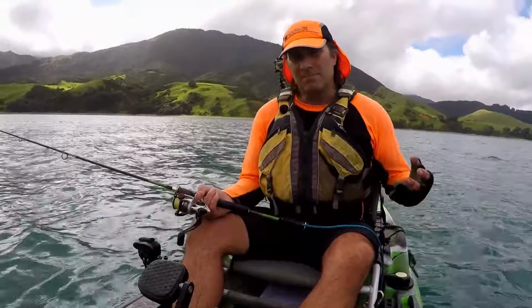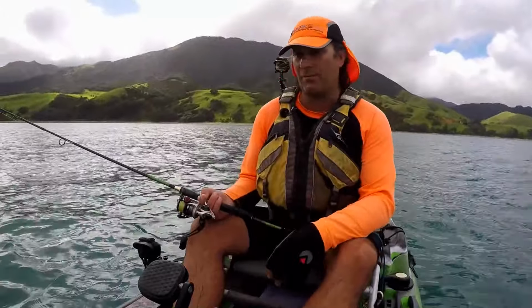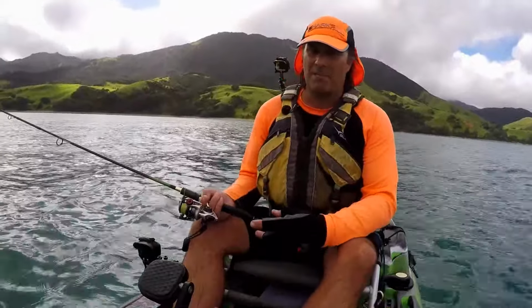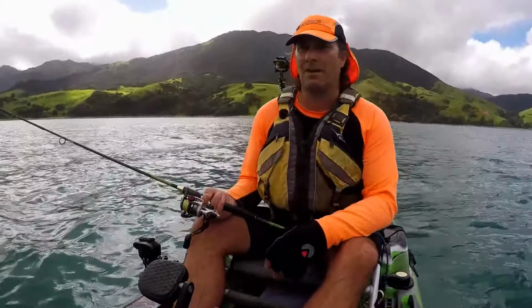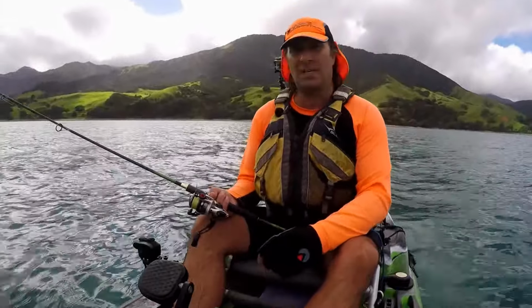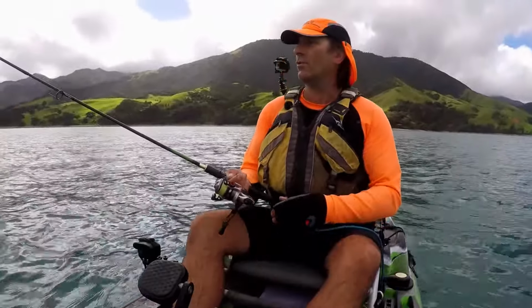They've proven to be a very effective way of catching fish, and off the kayak we're in stealth mode, so we can go around chucking these things around and basically hunt fish out without being detected. It's a real advantage. So anyway, to show you the techniques with soft baiting, first of all, to start with,